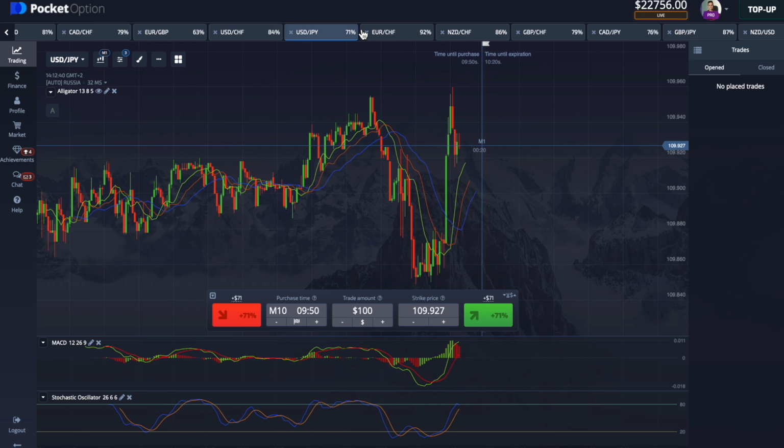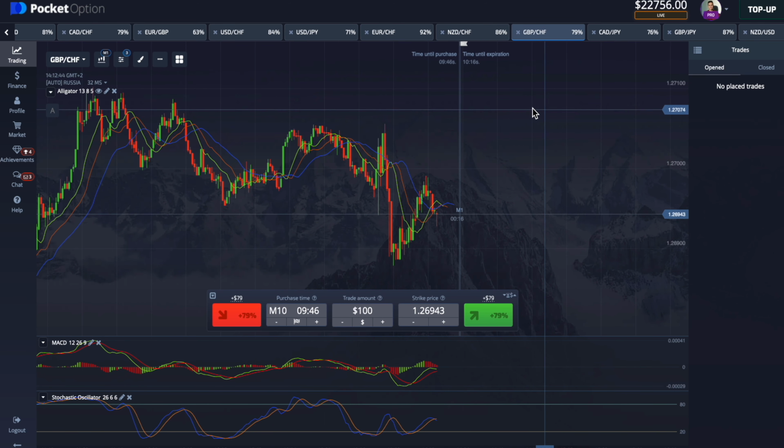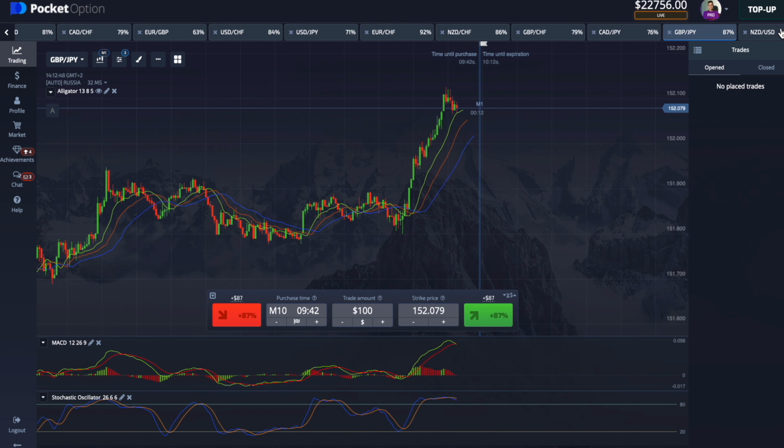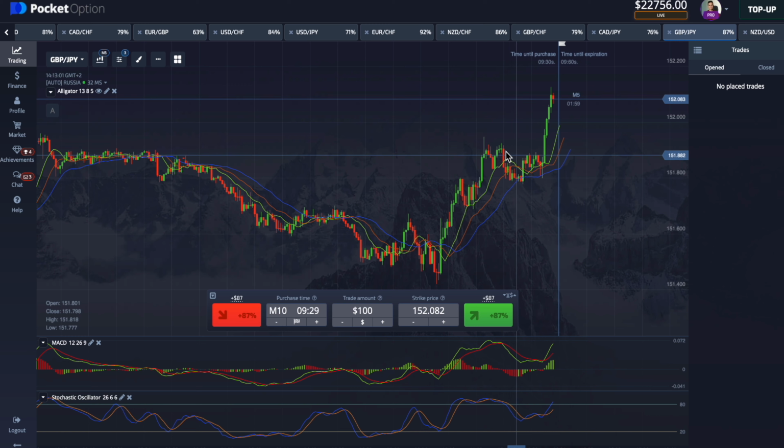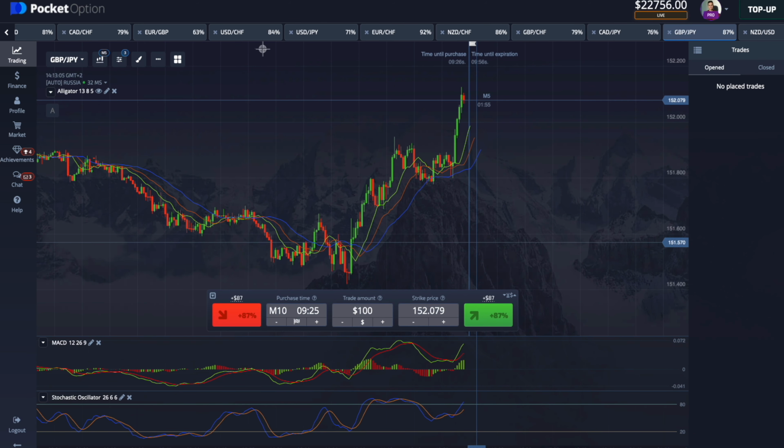The alligator helped me out with finding this next entry point, but we've already noticed a curve on the 1 minute time frame indicating a turnaround. Let's switch to the 5 minute time frame, and what we see here is a familiar pattern, the double